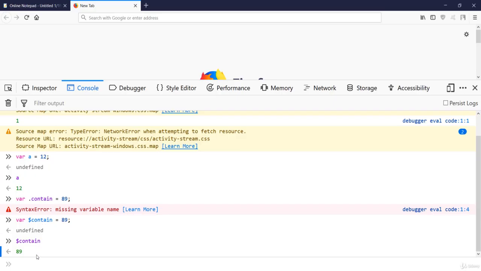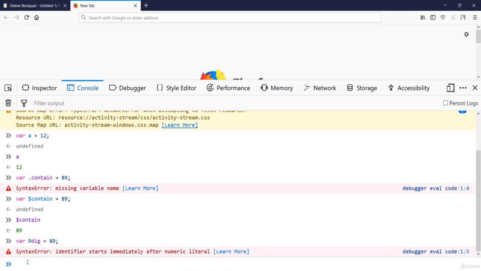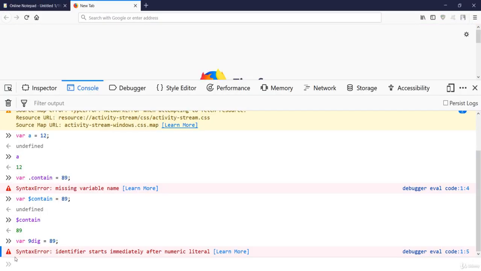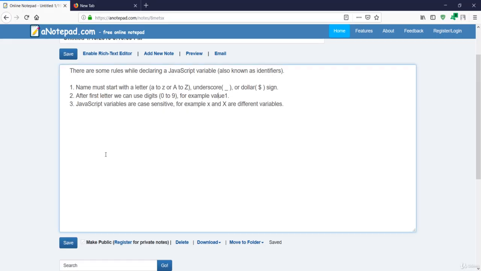But if you start the variable name with a number, let me say 9deg would be the variable name, then this is not valid. The name should always start with this convention, and after that you can put digits, but it should not start with a digit.